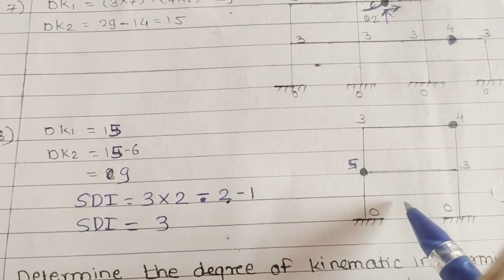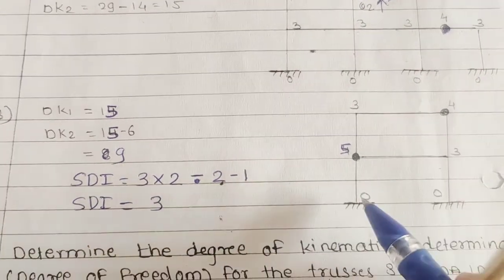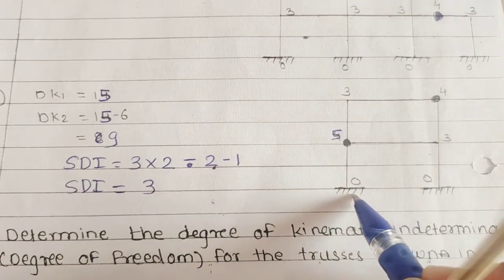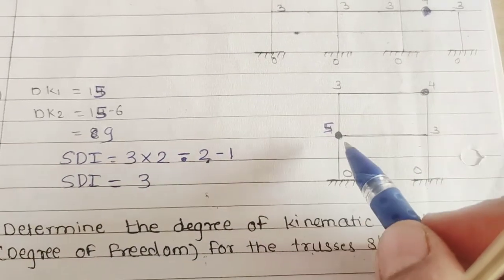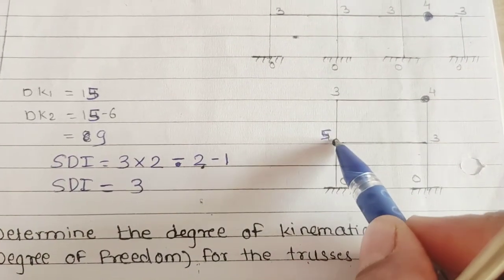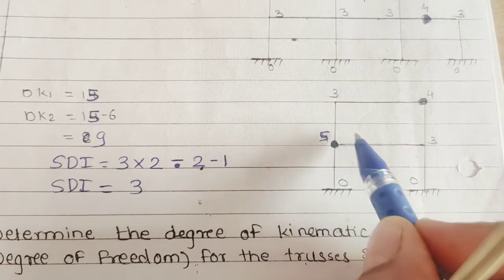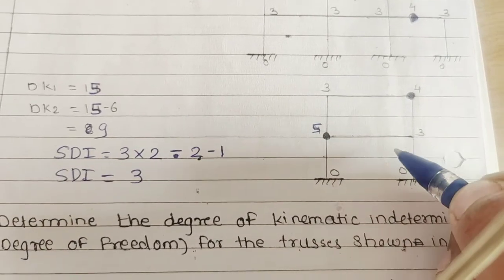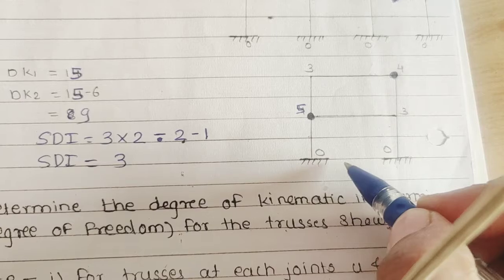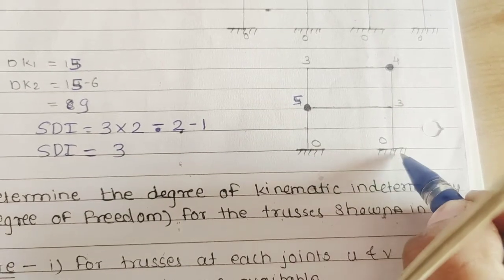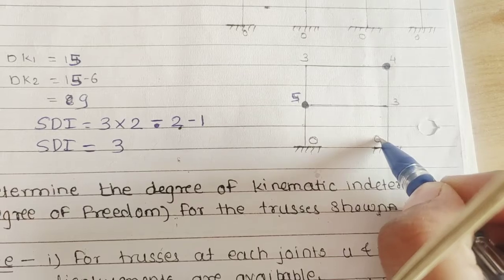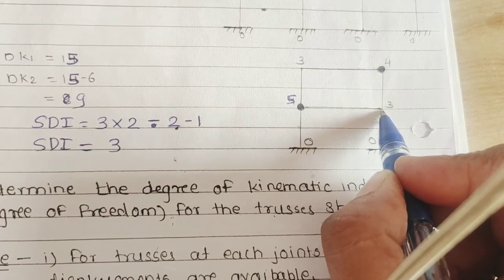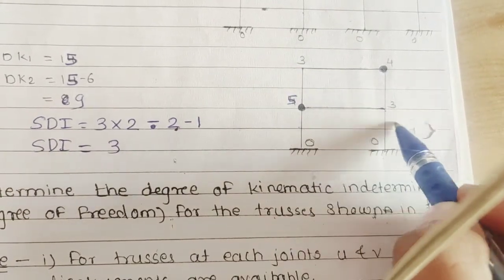Then this is the next example. Here a 2-story 1-bay portal frame is given, and again supports are fixed supports, but the position of internal hinge is at a joint where 3 members are connected and a second hinge where 2 members are connected. Similarly, you have to count the degree of freedom for the supports. Here again supports are fixed supports, means degree of freedom is equal to 0. Then count the degree of freedom for rigid joints. Here it is 1 and 2, means 3 plus 3 that is equal to 6.